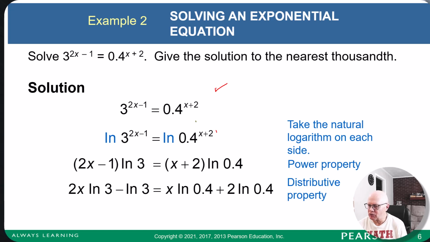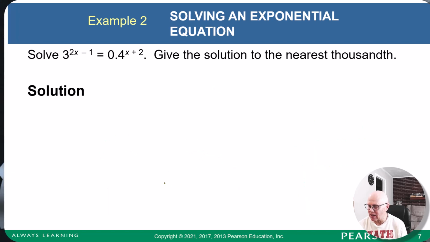So we just distribute that natural logarithm of 3 over the 1 and the 2x, and over here natural logarithm of 0.4 times the 2 and times the x. That gives us an x term here, an x term over here. We'll get those to both the same side,